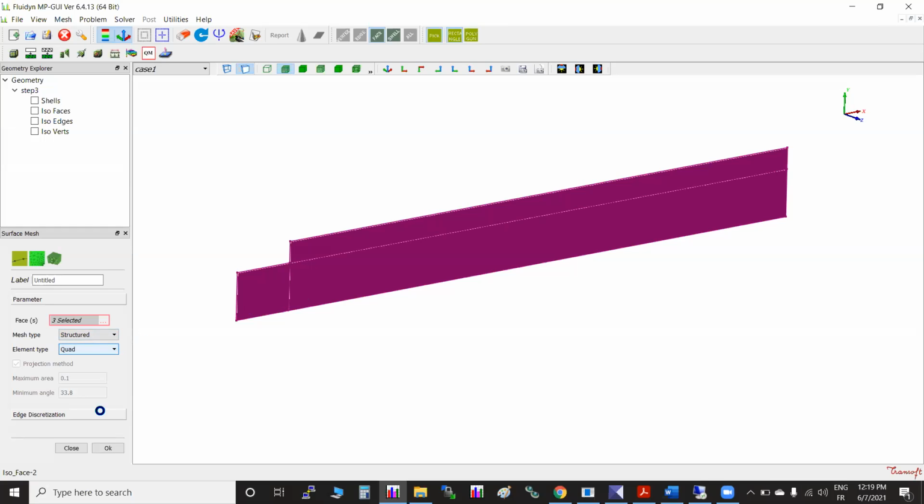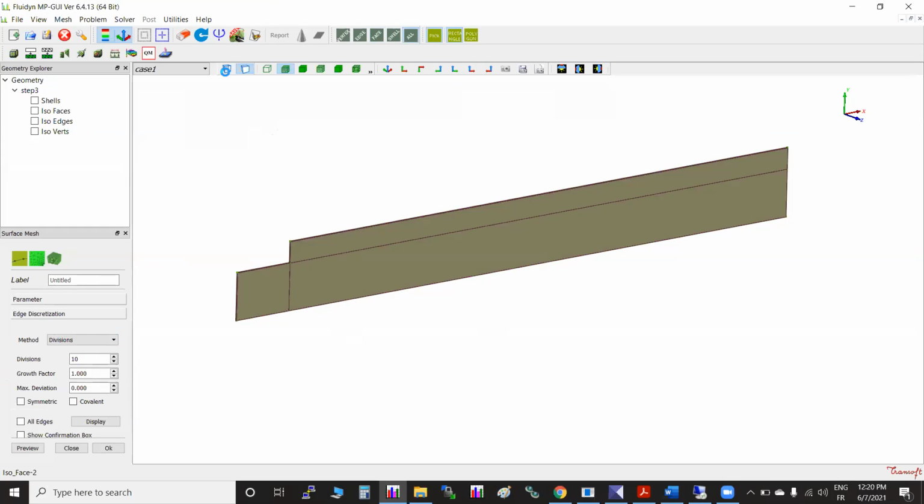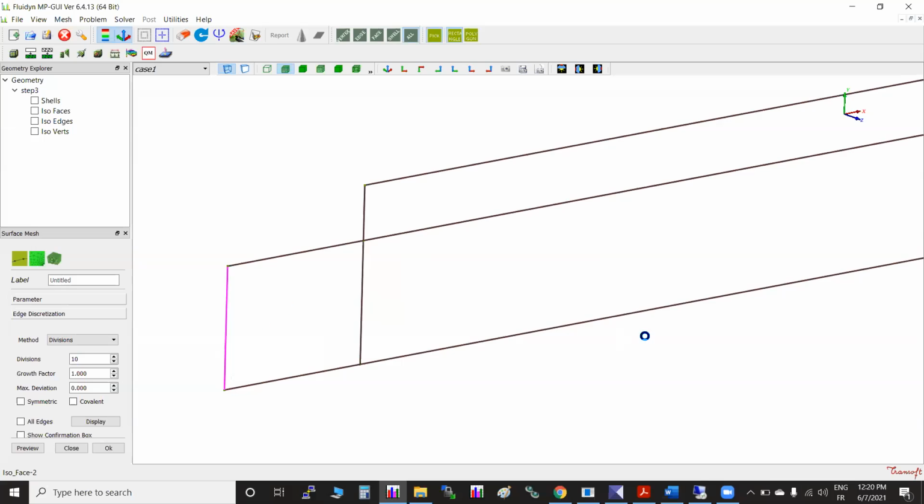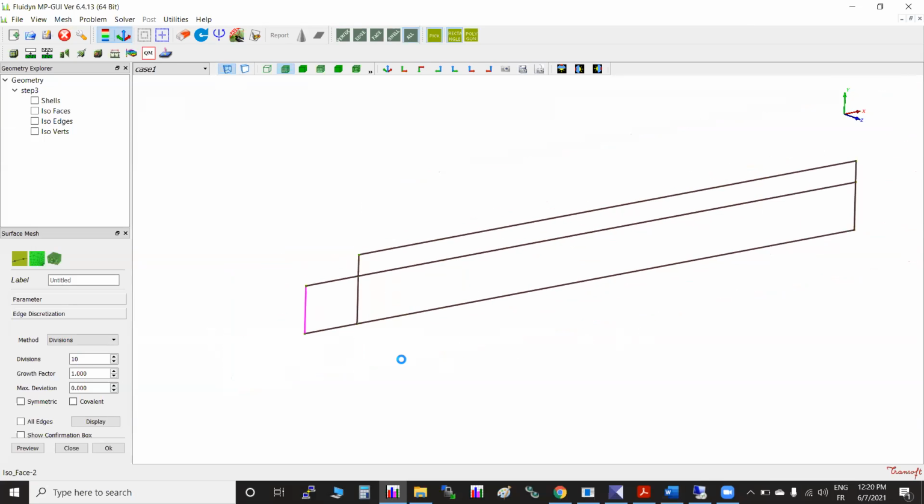And then of course, you need to have a number of divisions in the x direction and y direction. That is called edge discretization here. By default, 1 division is there. Go for edge discretization. In this, you can keep it in wireframe if you want for easy understanding. Select the edge by using a left mouse click. It highlights, see, in pink color. And then for that edge, how many divisions? I'll give 5. Growth factor 1.